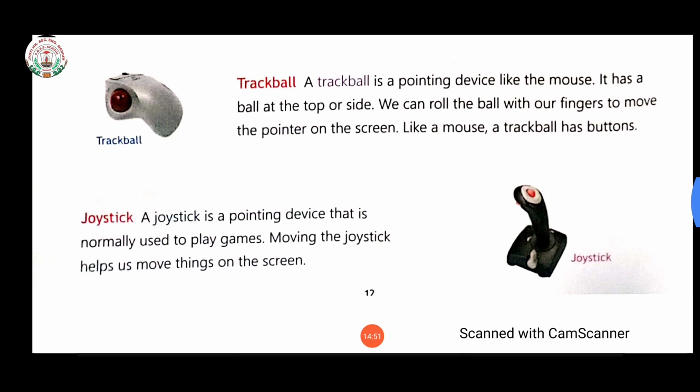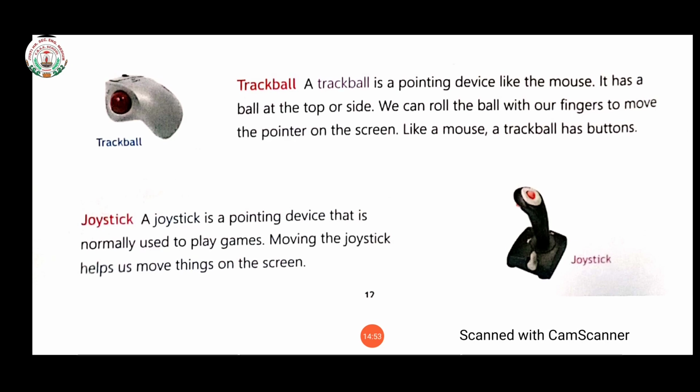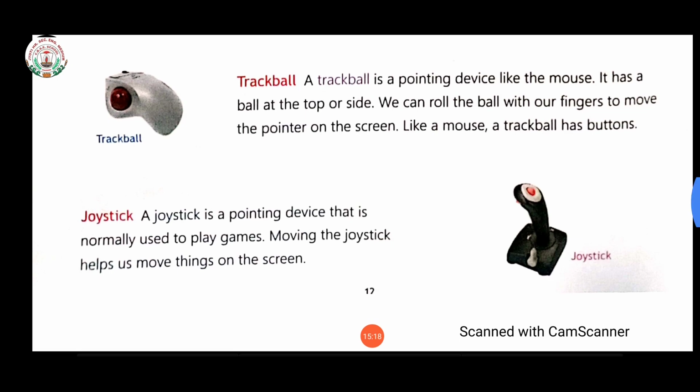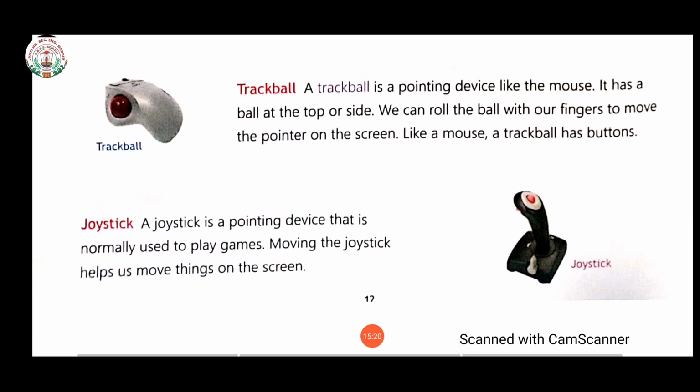Now next is your joystick. A joystick is a pointing device that is normally used to play games. Moving the joystick helps us move things on the screen. I know you all are playing video games. When you are playing video games, the device you are using to move right, left, up, down, that is your joystick.